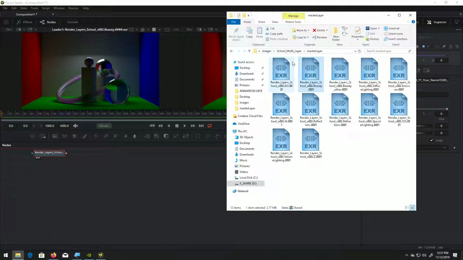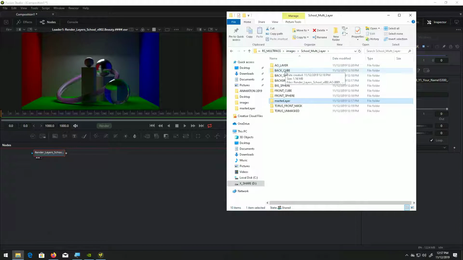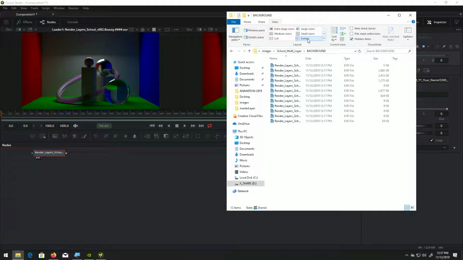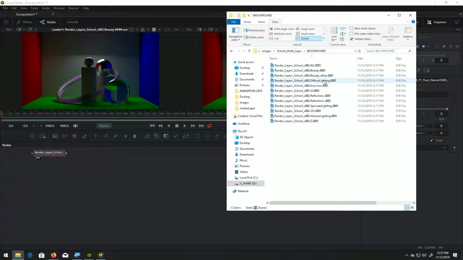Okay, so now I'll be starting to add our layers, and first I will start with the background layer. So from here I'll just switch to the detail view, and we'll need a beauty, diffuse lighting, emission, GI, reflection, refractions, specular lighting, subsurface scattering, and volume lighting. Okay, so I'll just drag it now into the Fusion,